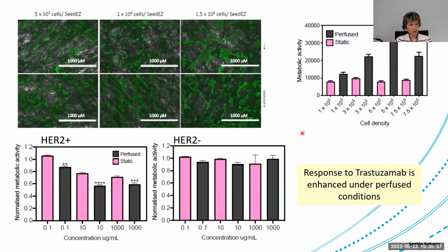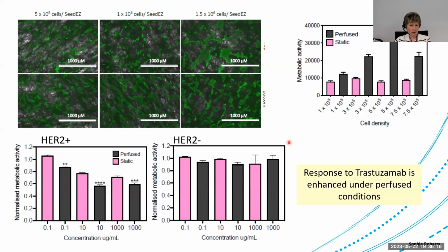And we wanted to see if that was also reflected in the response to therapy. So in the bottom panel here, we used a drug which is commonly used to treat HER2 positive breast cancer. This was trastuzumab. And you can see that the effect of trastuzumab was enhanced under the perfused versus the static conditions. And we didn't see that in HER2 negative cell lines when we looked at these in parallel. So this Perfusion PAL system is really quite a nice way of using human-derived cell lines to study the effects